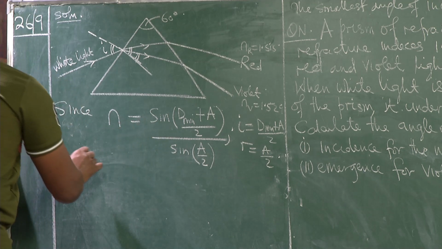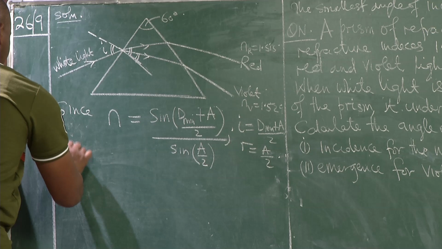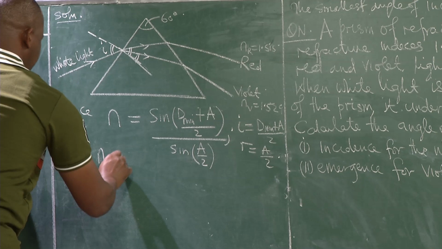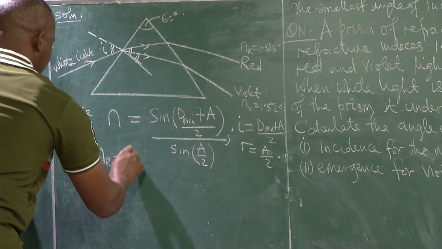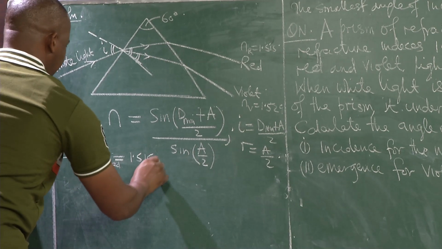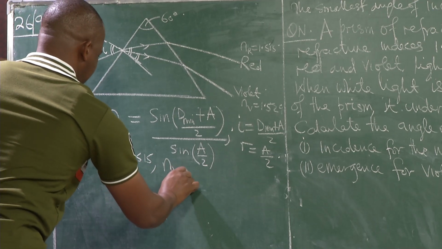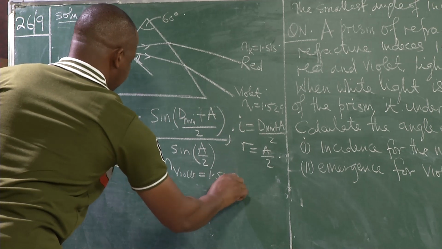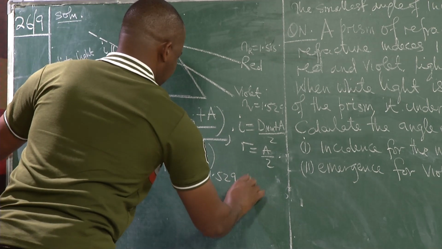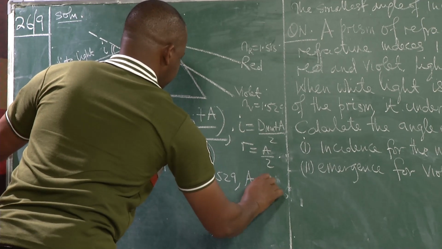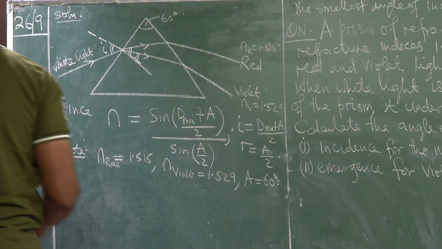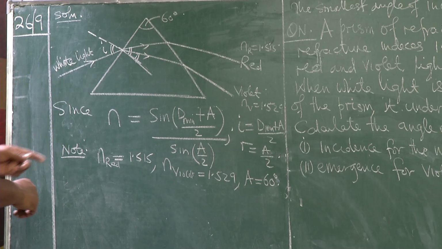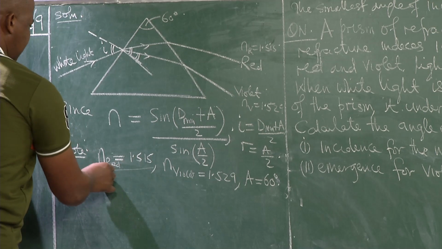I have already said we are aware, but I can re-emphasize that the refractive index of red light has been given as 1.515. The refractive index of violet light has been given as 1.529. The refracting angle of the prism has been given as 60 degrees. So if I apply this for the red light,